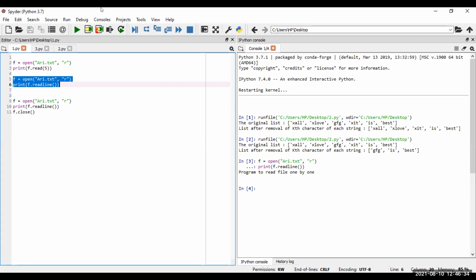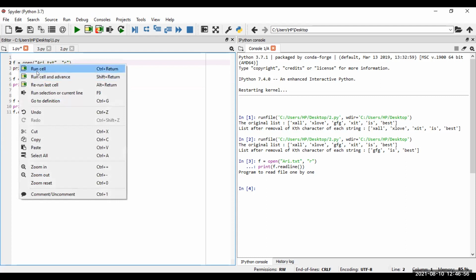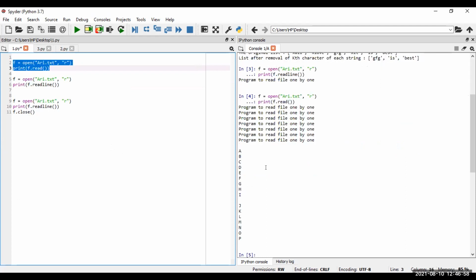Okay. One more thing, before that particular problem, I have missed one more thing. Suppose in the previous program, we found out how to read some files and read some particular words from that particular file. First let me show you one more thing: suppose I am reading a file here. You can see that in this file I have written so many lines and letters. Now I want to print a particular line.